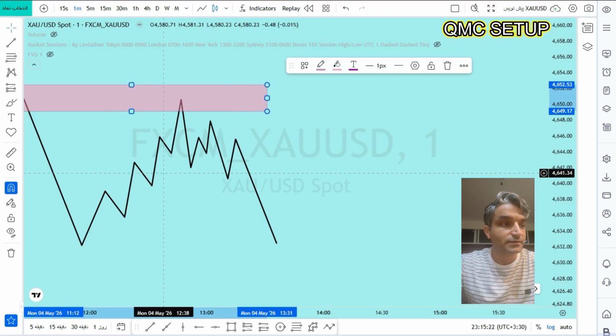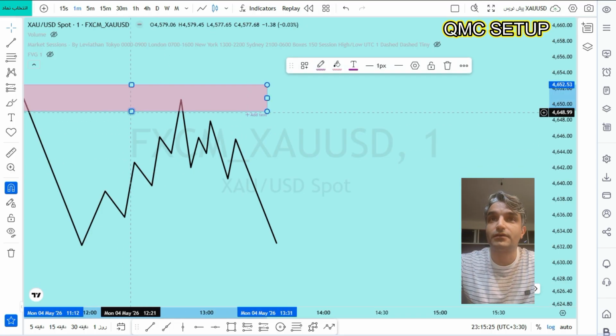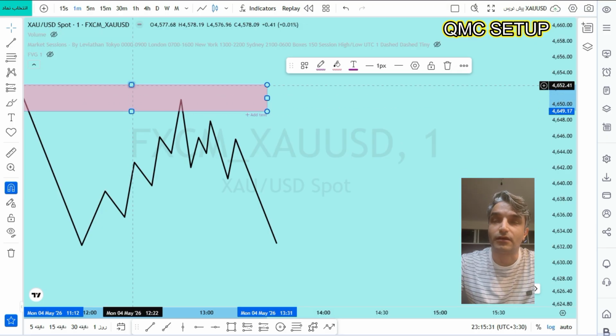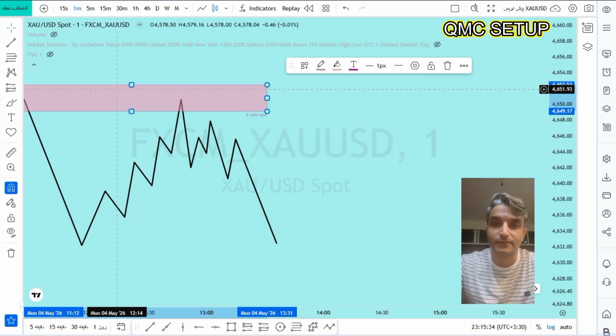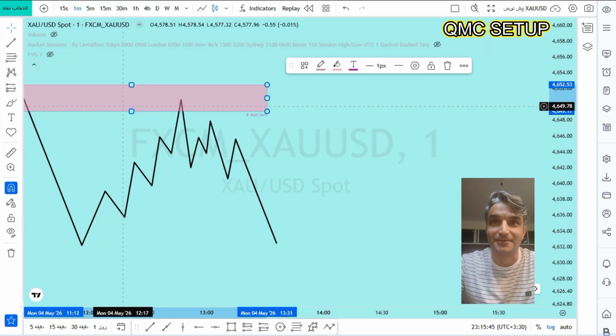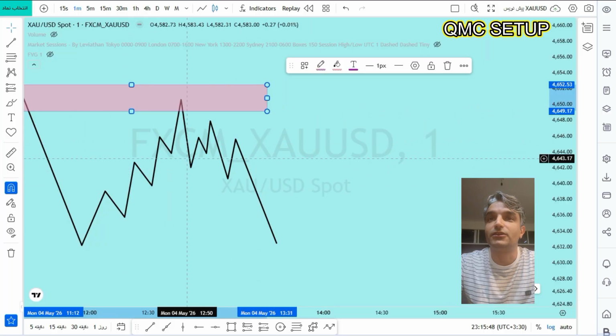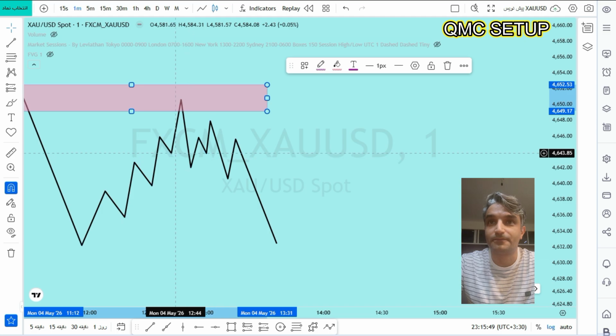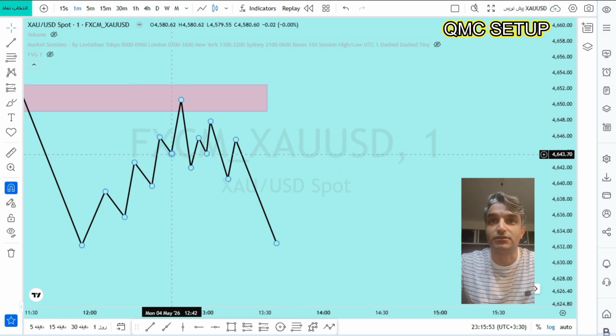Like the previous video, we have a POI that I will teach you about after teaching 5 setups. I will teach you about direction. Direction is equal to POI, and I use a purple color for them. And in the lower time frame, we should have something like this for